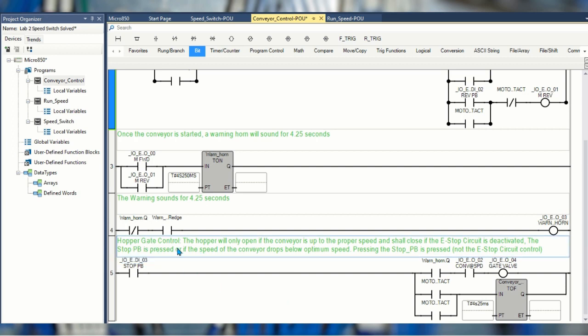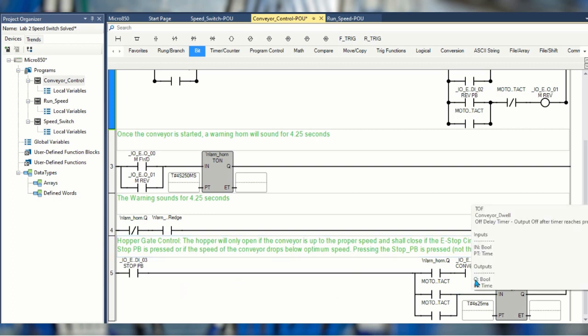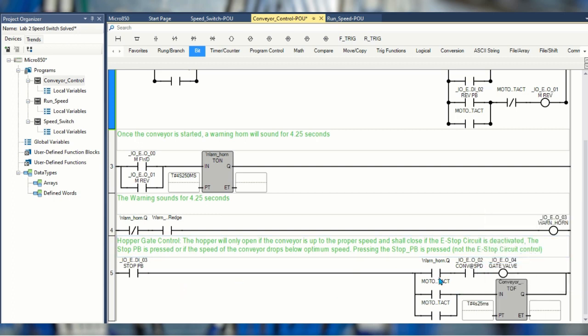Then the next rung is where all the action takes place. It's called the hopper gate control. The hopper will only open if the conveyor is up to the proper speed and shall close if the e-stop circuit is deactivated. In other words, someone trips the e-stop. It will also close if the stop push button is pressed, or if the speed of the conveyor drops below optimum speed. Pressing the stop push button, that's shown there, now the e-stop controls the